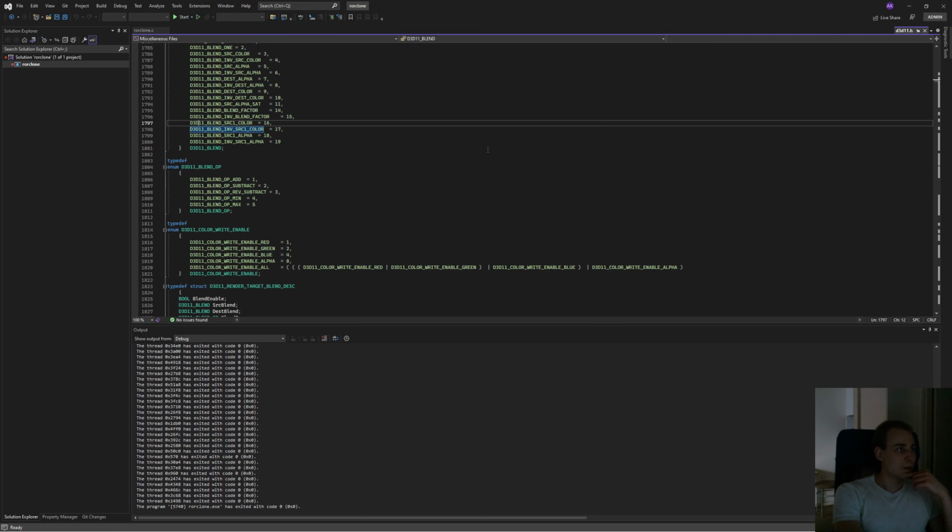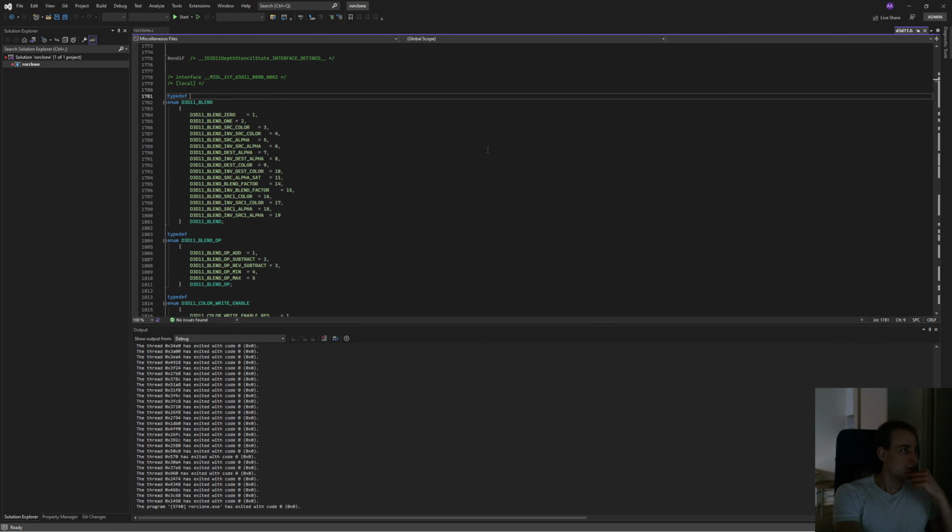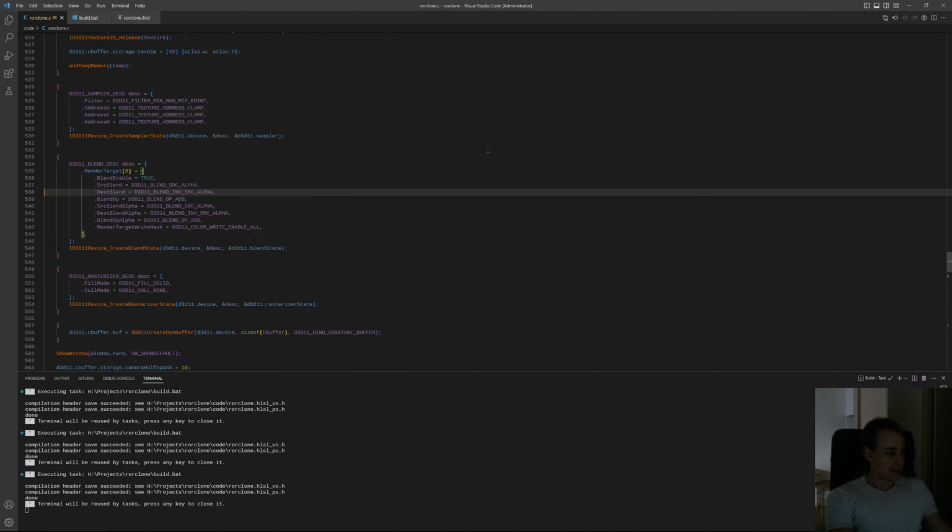Yeah, this is not really what we are looking for, right? Inf source alpha, inf source 1. Okay,